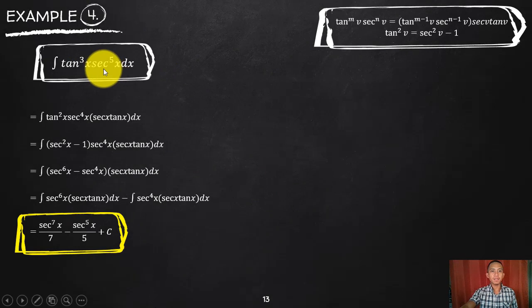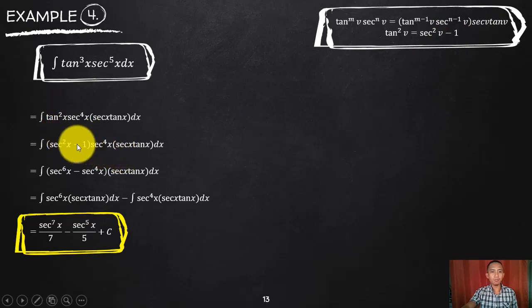So let's have this example. Again, in this problem, I cannot do your case 1 since secant is raised to an odd power. If I bring out a square, that will be 3, so I cannot transform it using secant squared. So I'd rather bring outside one of secant and one of tangent. What will be left here, whose differential is secant tangent? Everything in here should be secant. Therefore, this tangent squared I will transform using my identity, which is equivalent to secant squared minus 1.